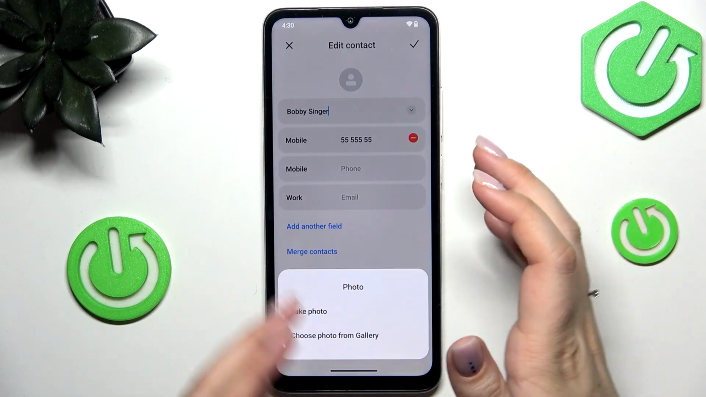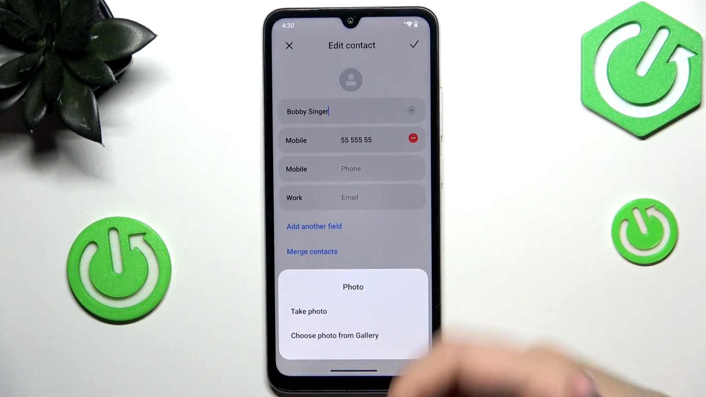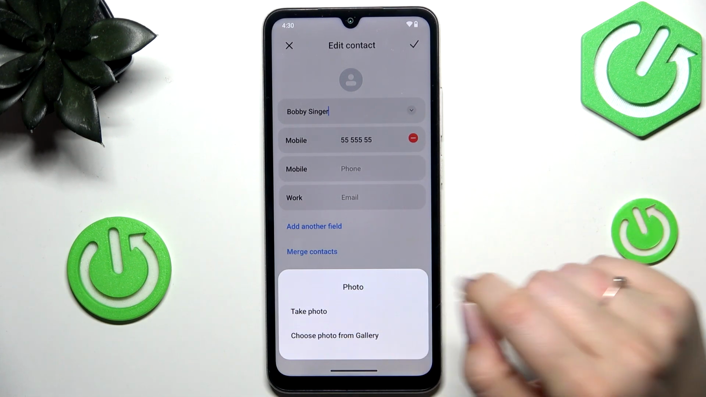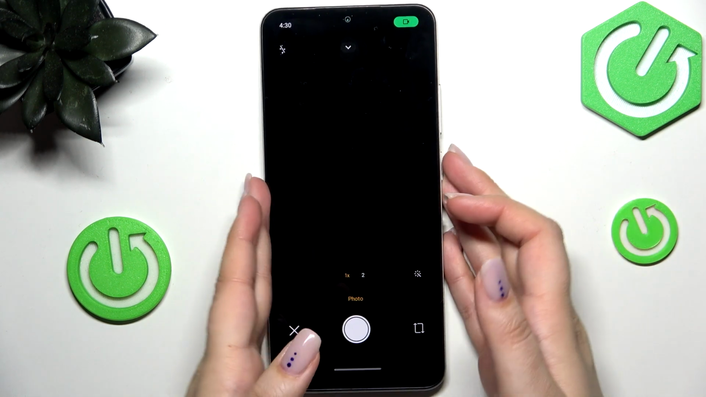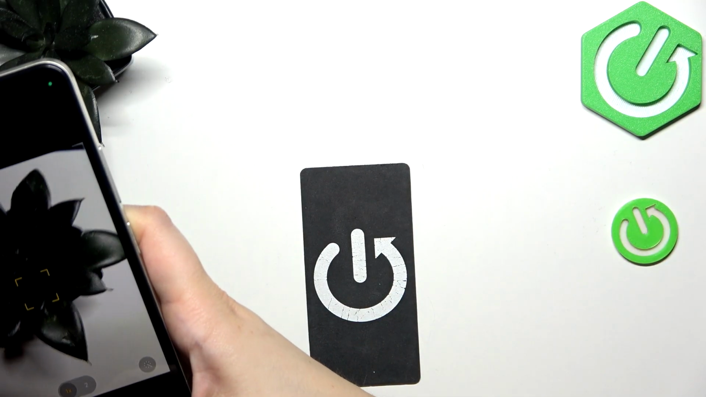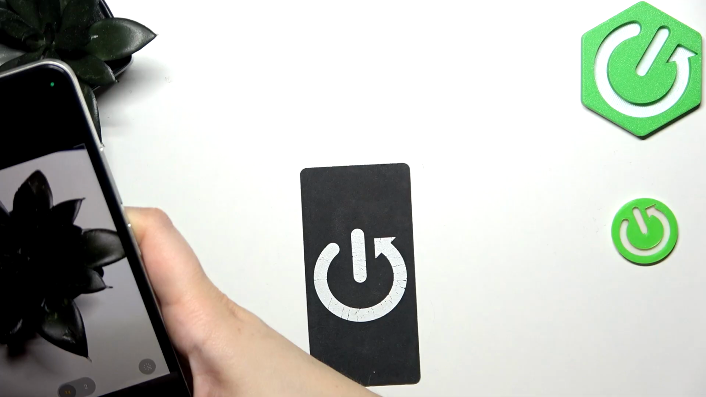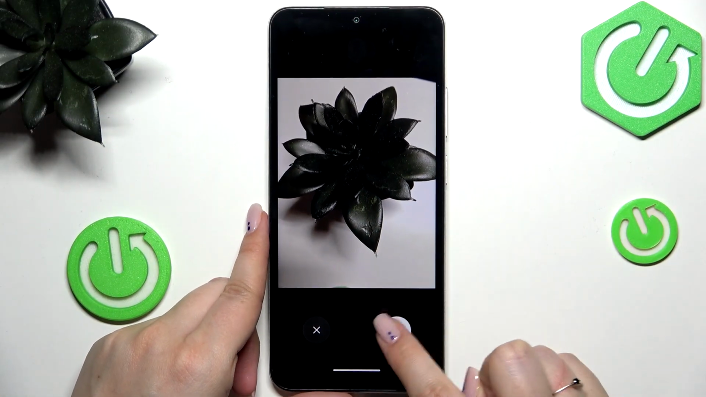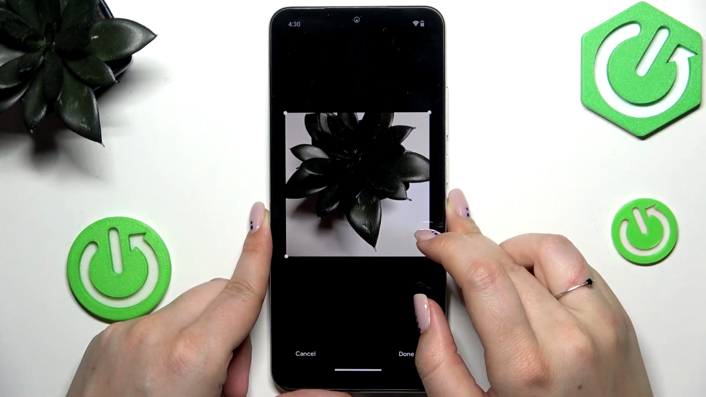So let's just tap on this profile picture, and now you can either take a photo and then your device will immediately open the camera app, or you can choose a photo from the gallery, and I will simply take a photo. I do not have any photos in my gallery, so maybe this flower, let's say, this plant. Alright, so we've got it, so let's tap on the tick icon, and now in this step we can change